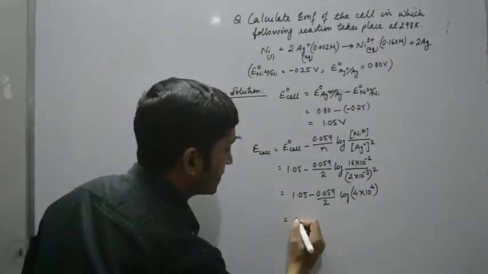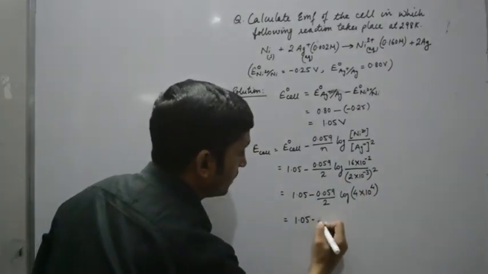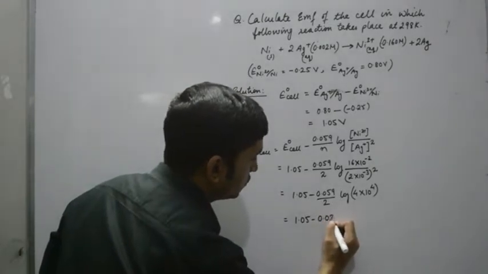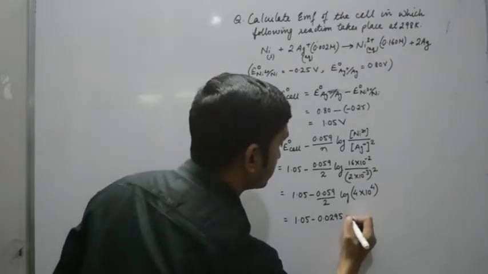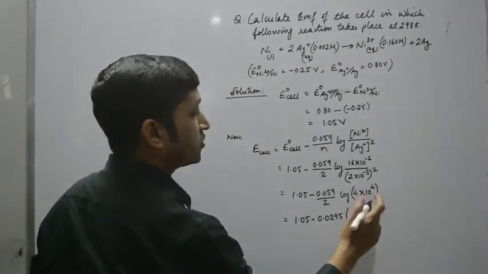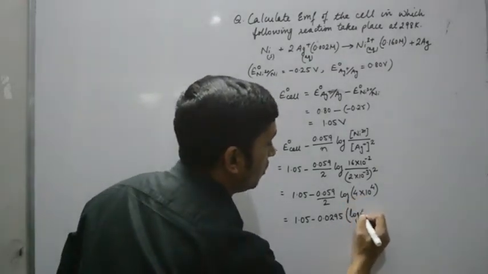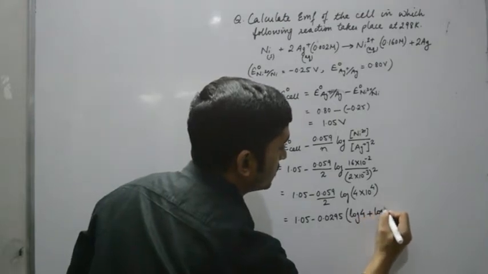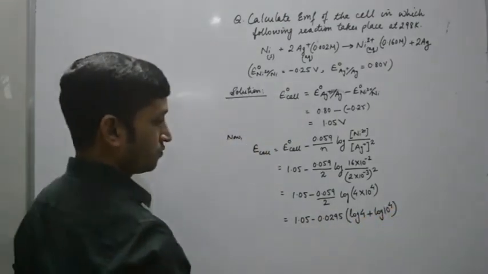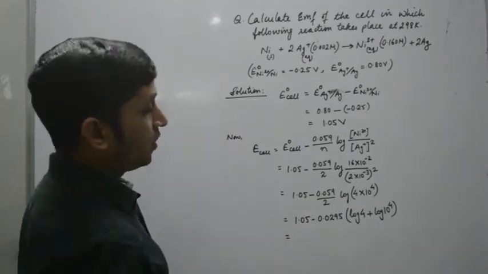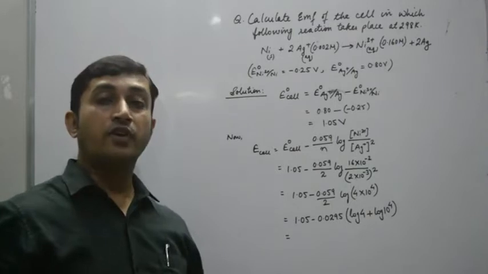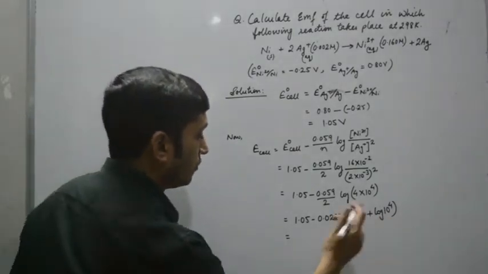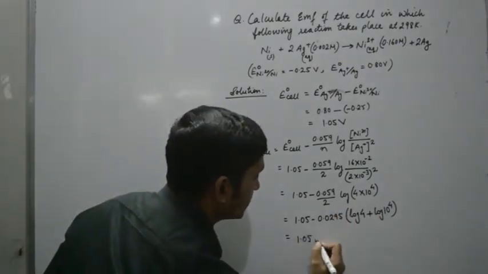Or we can write it as 1.05 minus 0.0295 into log 4 into 10 to the power 4, which can be written as log 4 plus log 10 to the power 4. So log 4 is equal to 0.602 and log 10 to the power 4 is equal to 4. So we will calculate it and we will get it here